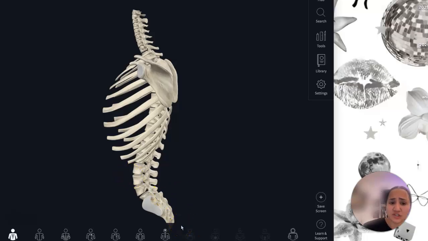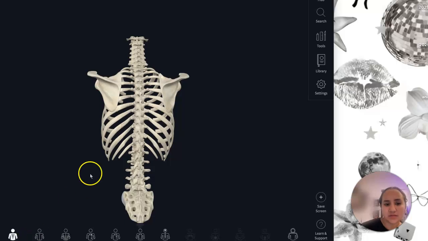The primary curvature of the spine is kyphosis, just because we have that being developed when we are in the womb at birth. The secondary is lordosis, just because that is developing as we age and grow into adulthood. I didn't quite specify before, but there are 2 special vertebrae up here at the top. This one is atlas, and this is axis,